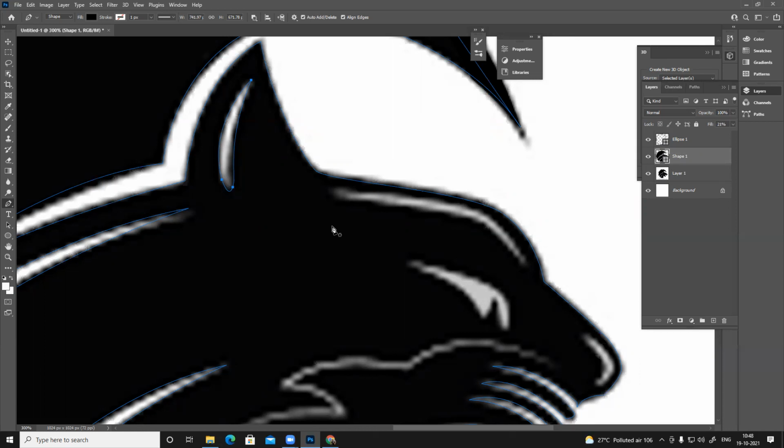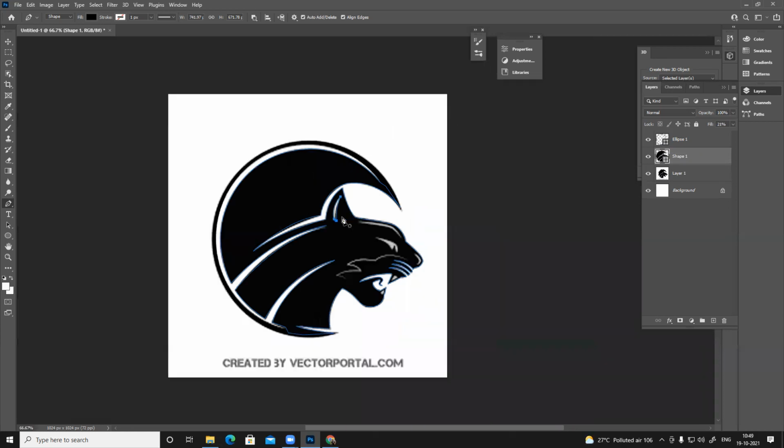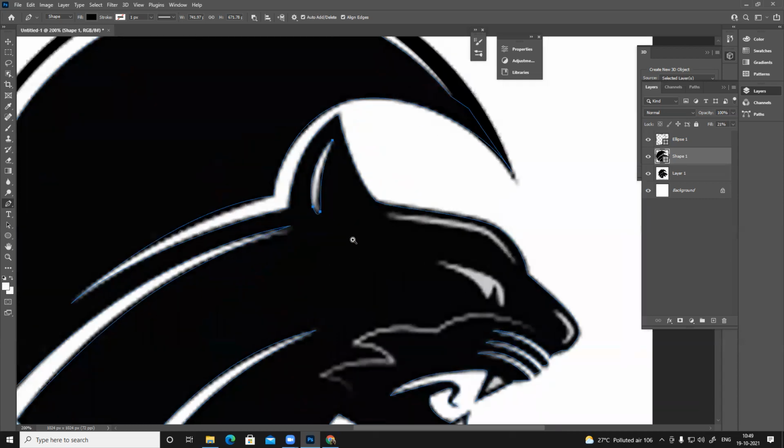Yes, the number of layers will increase the file size. Suppose you want to modify something or change something, because in this process everything is together, so you have to modify the main file. If you have everything separate, that's easy. You just have to go to that particular layer and modify it. So both are fine. So practice both the things.